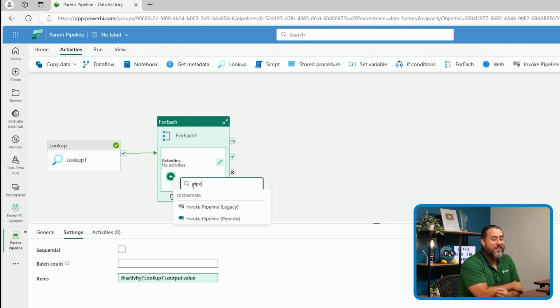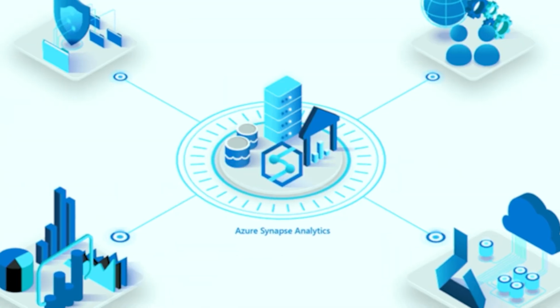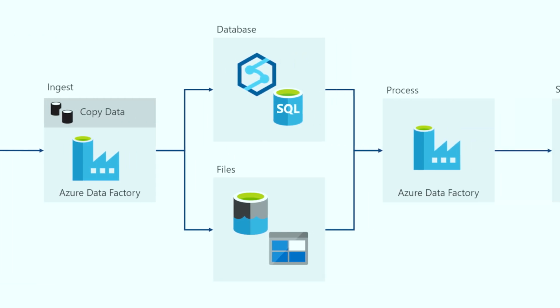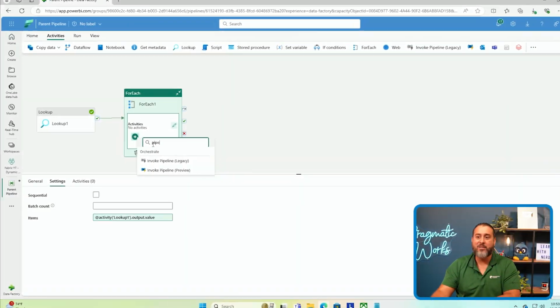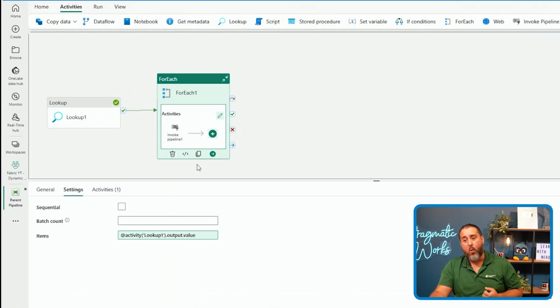You can see on my screen, I have 2 invoke pipelines. We have this invoke pipeline legacy, which at the moment, if you're looking to run a pipeline within Fabric, you have to use that option. But very exciting, the invoke pipeline preview option at the moment allows you to execute pipelines in Synapse Analytics, as well as in Azure Data Factory, which is really awesome. So obviously the idea is eventually there's going to be one, and it'll let us kick off pipelines on all 3 platforms. For now, I'm going to need to use the invoke pipeline